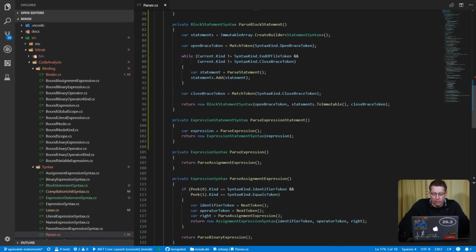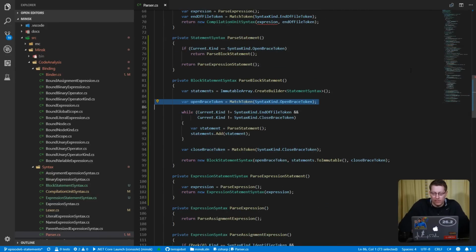So logically what I do is I say, well, after an open brace, I just expect a bunch of statements, right? And how do I know that I'm done? Well, I'm done when I'm literally out of tokens, when I'm standing on an end of file token, or if I'm not seeing a close brace token yet. And the nice thing is, this will definitely consume all tokens, right? So we'll never get into an infinite loop here because we made sure that our parser will always consume one token,